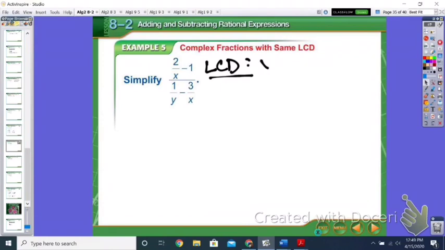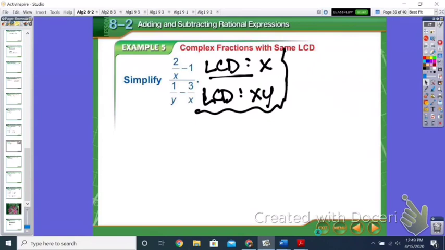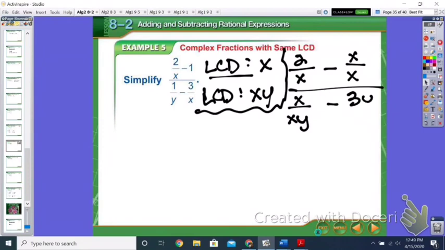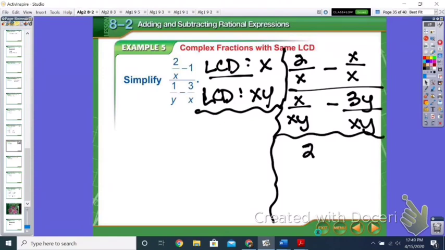LCD of the numerator is just going to be x, and for the denominator, it's going to be xy. And so for the numerator, we're just going to have 2 over x minus x over x, and on the denominator, we're going to get x over xy minus 3y over xy. Combining those, I get 2 minus x over x